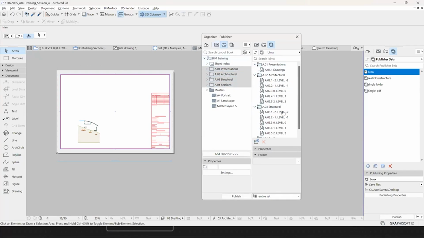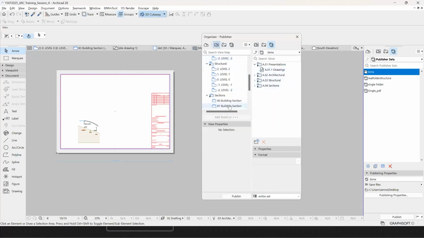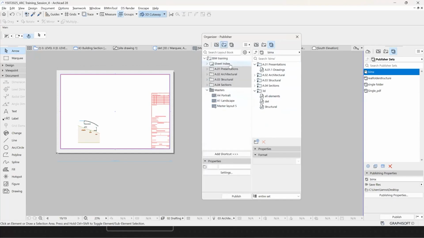They are all layouts, but only for the 3D, you have to go to the view map and attach the 3D views. So I'm just going to do that. Remember this, don't make a mistake. 3D should be from the view map, and all the 2D related information should be directly from the layout book itself. Now, this concludes our setup for the BIMX, and all we have to do is just